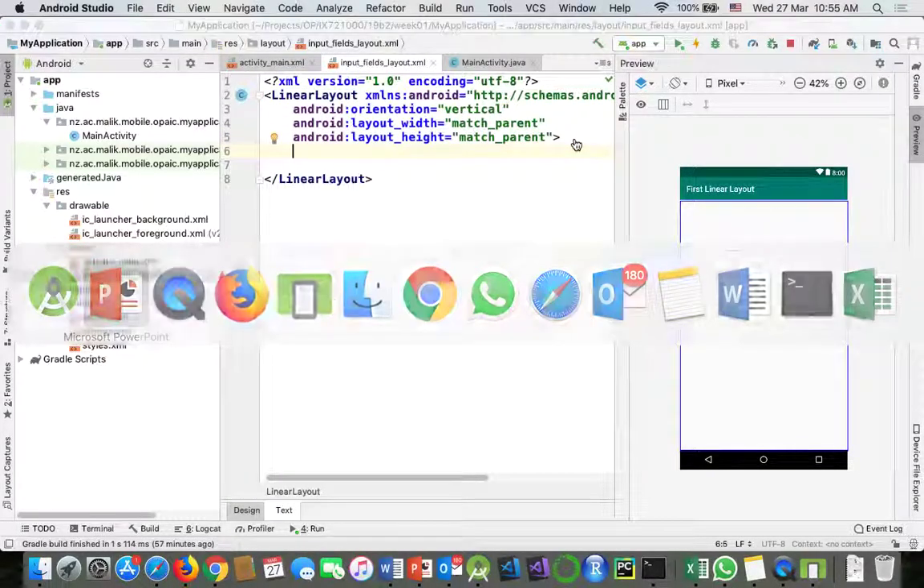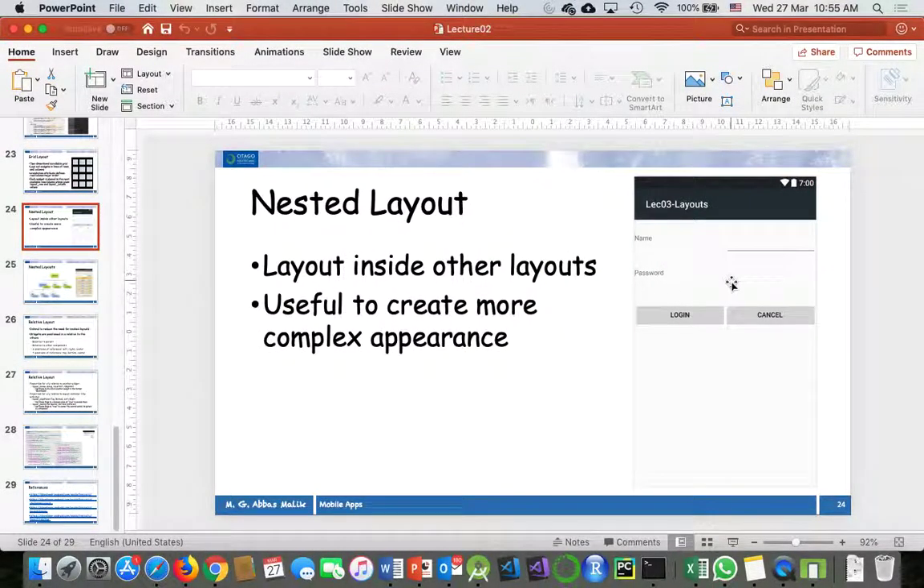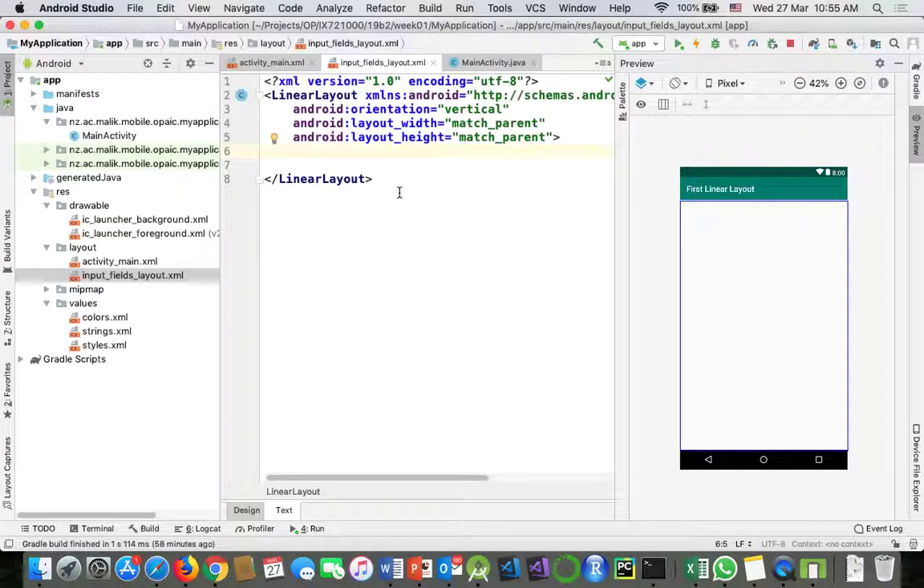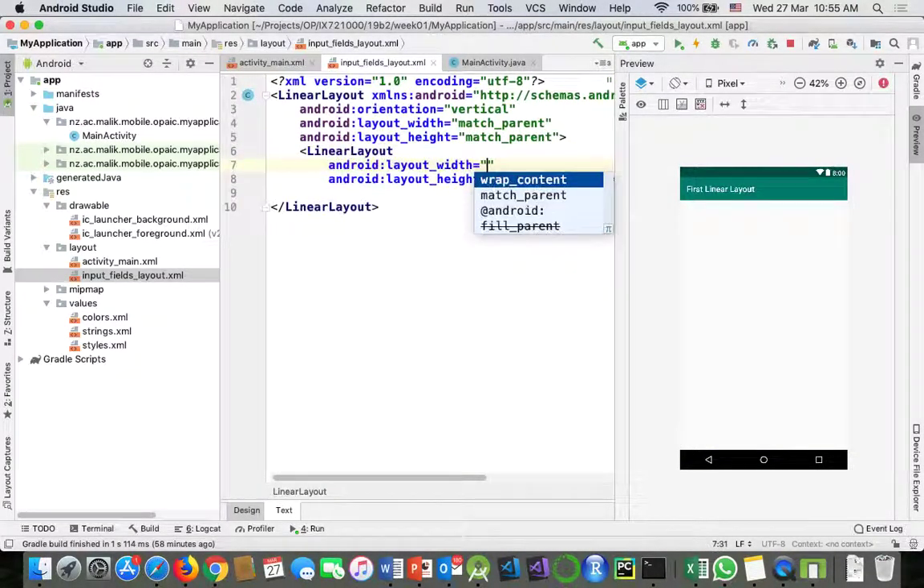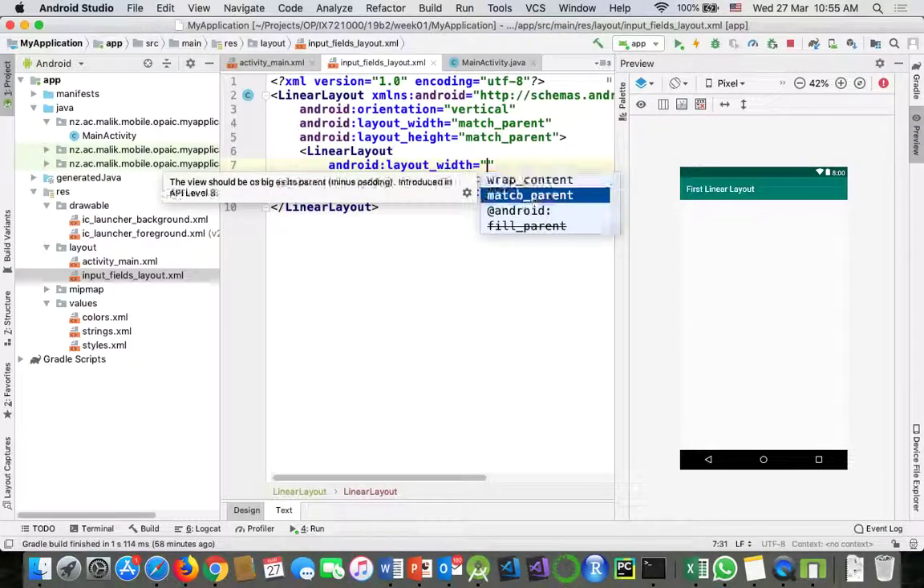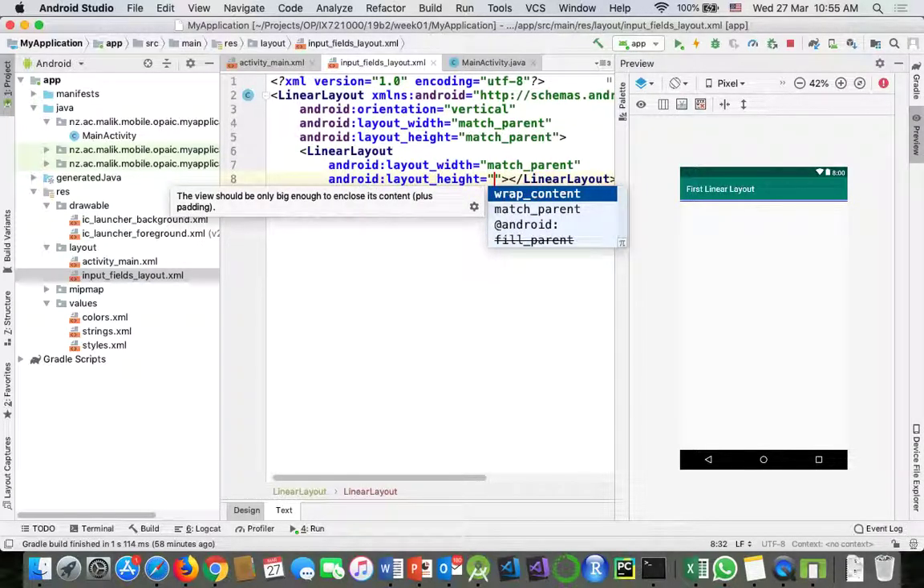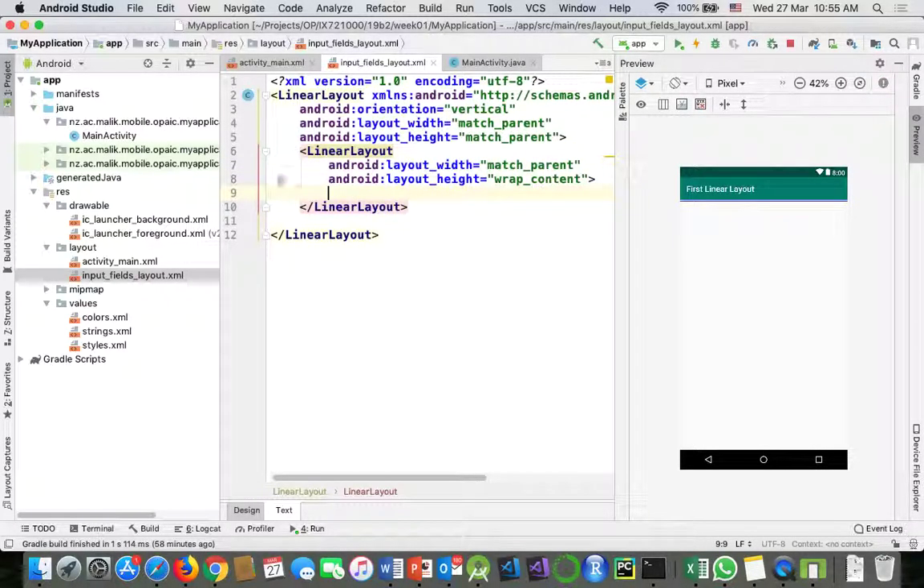So let's go back. We want to create, as I told you, a linear layout which has two components, which is horizontal. Again, we have a linear layout here which takes two components, input field and the text area, and then we have another third linear layout which has two buttons inside it. So what we can do, we can create a linear layout inside. Again, we can say that width should be match parent, height should be wrap content, and inside we have,